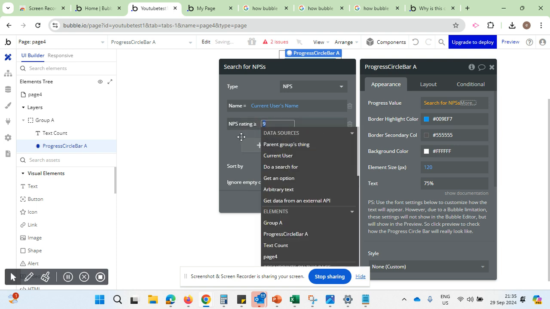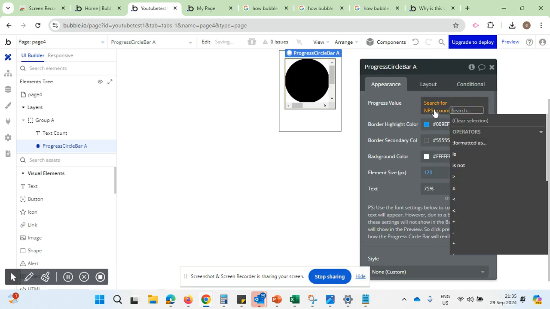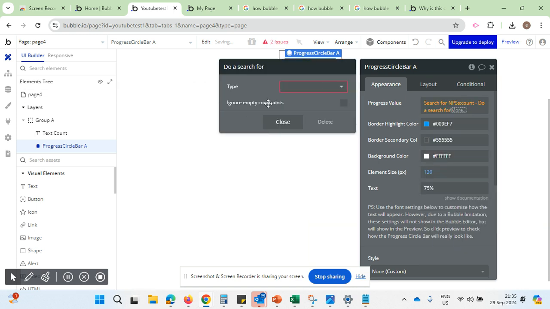There you go. This is the promoters, count of them, minus